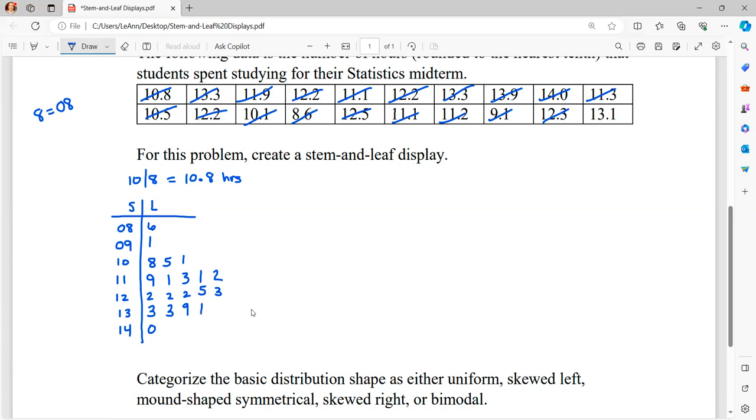Okay, so notice this is not my final answer because these leaves, even though they're all grouped